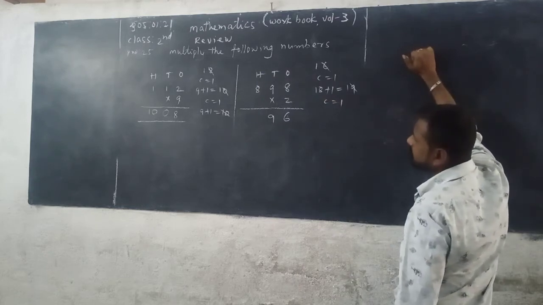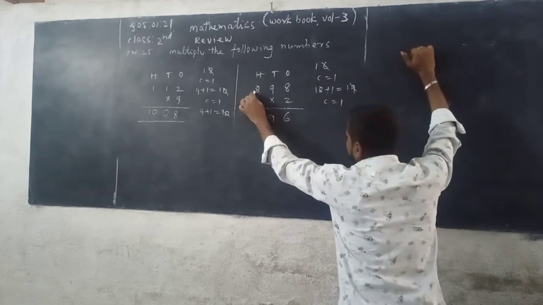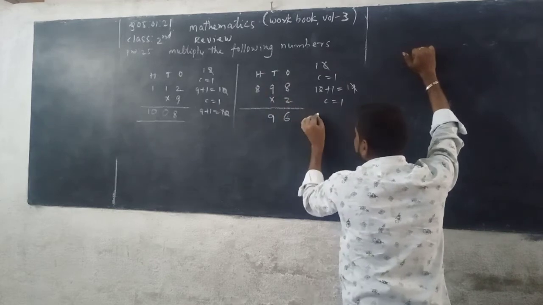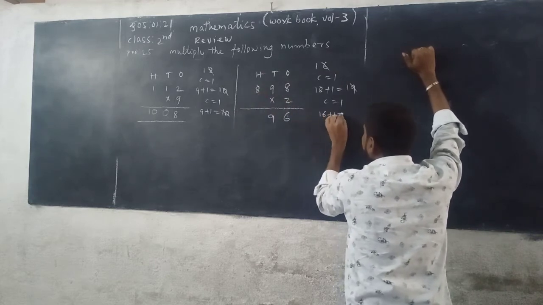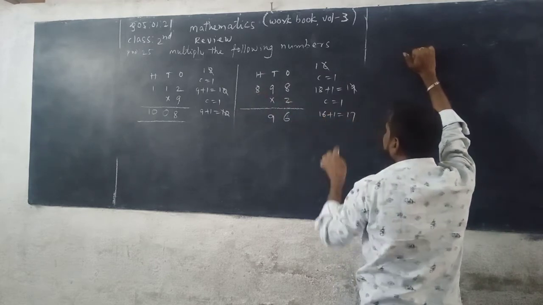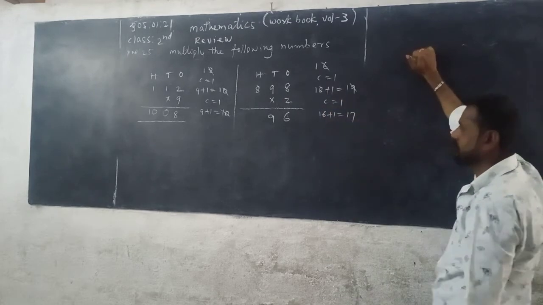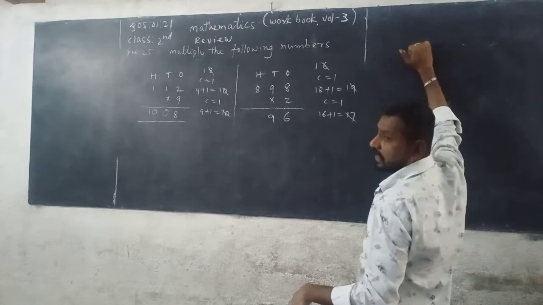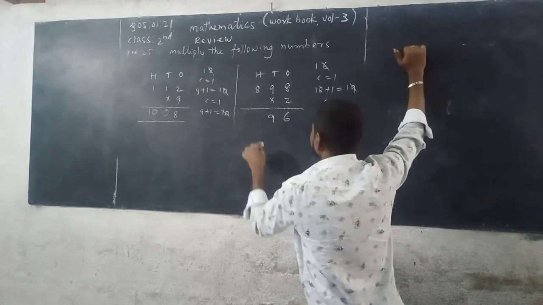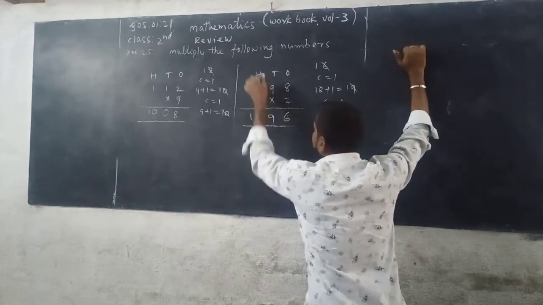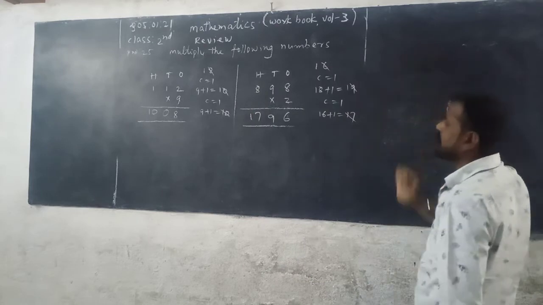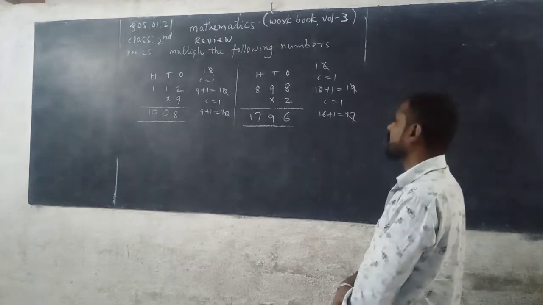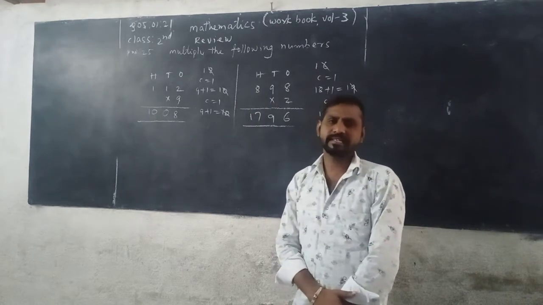Now next we multiply the digits in the hundreds place. 8 with 2. 2 8s are 16. 1 is added to 16, you get 17, because 1 is the previous carry. Now you can write 17 in the hundreds column of the product because this is the last place of the given number. Then the product is equal to 1796.